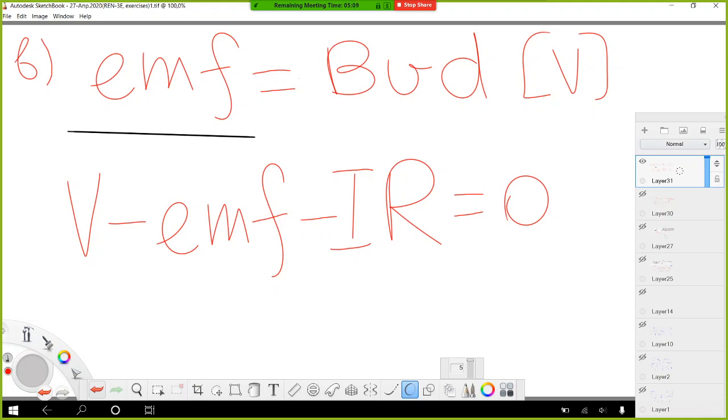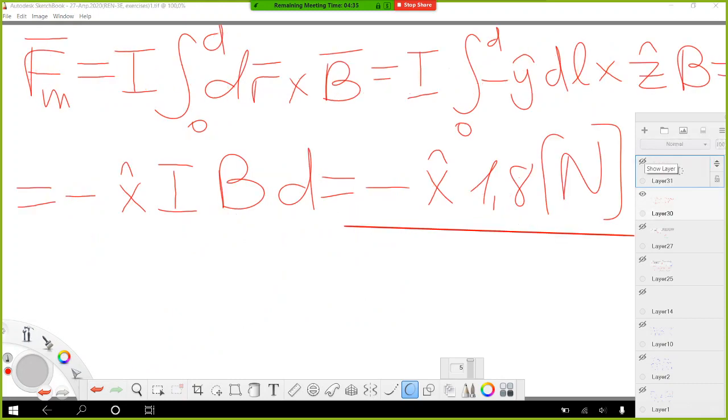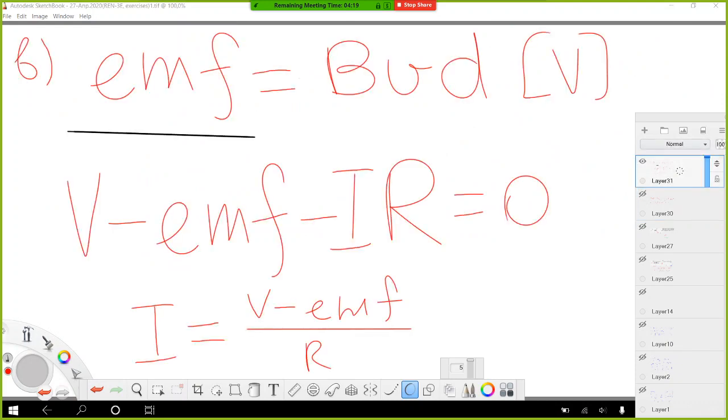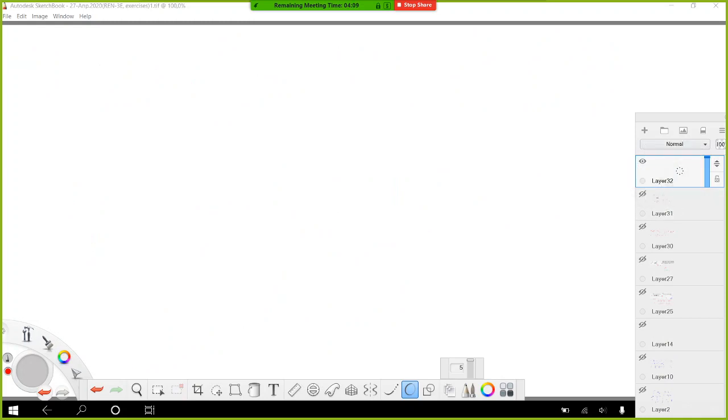And from here we can find the current which flows in our bar when we allow it to move, and the current will be equal to, so IR goes to the right hand side, V minus electromotive force over R. And if we replace here instead of I, if we put this expression, what we have